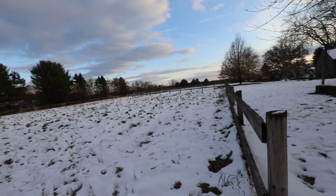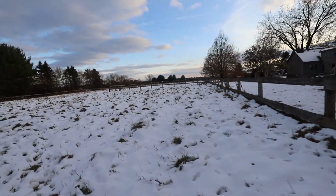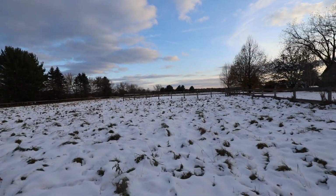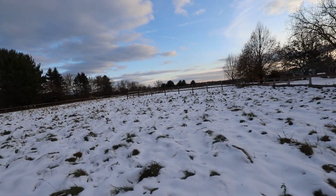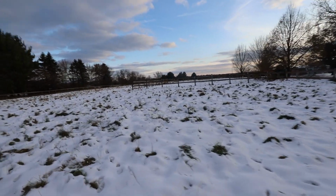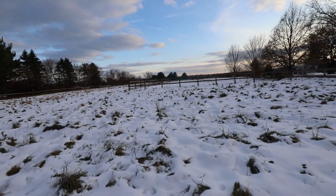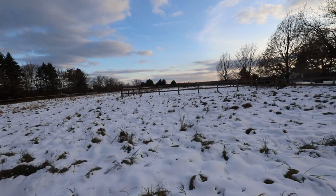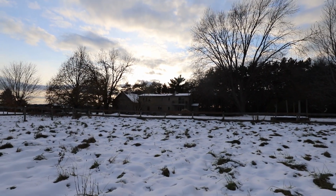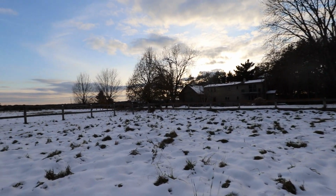So as I was talking about doing the garden and the vineyard and the orchard, I figured that's what this section over here could be. Fairly, well, it's all high, and it's fairly flat until we get past this little fenced-in area here. And there's the house again. You can still see it